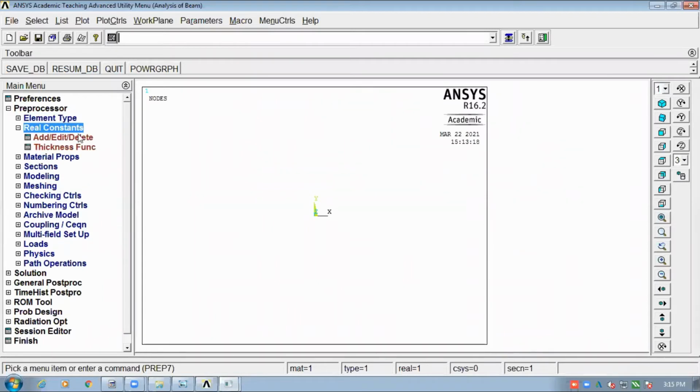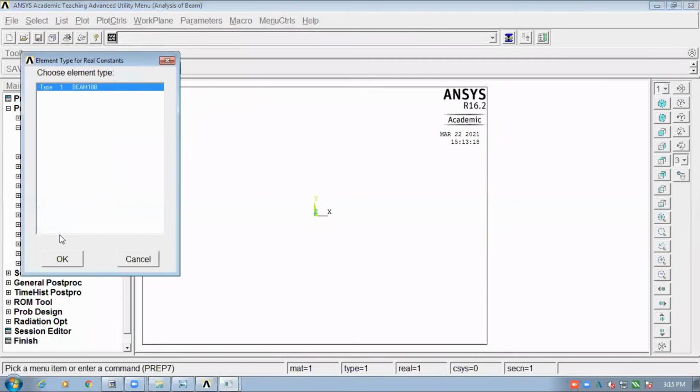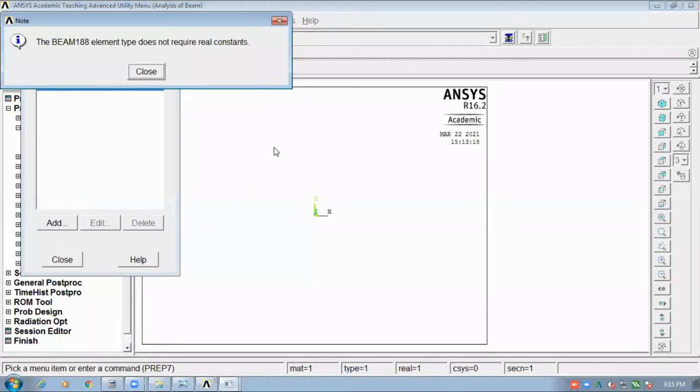If you want to try, go to real constant, add, edit, delete, add, OK, and you will receive a message that this beam 188 is not supporting the real constant. Though you try to enter, it will not allow you to enter the value of real constant.